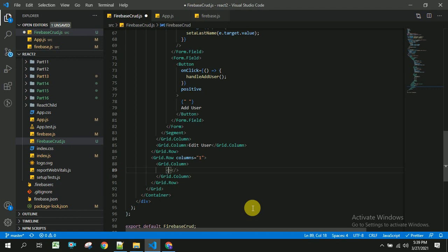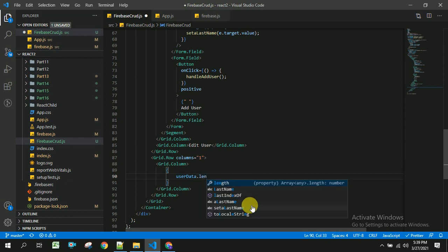or before this, if there is data, I am going to show the data in the form of a table. If there is no data available, then I am going to show there is no data available and please enter some data. For this, I am going to take user data dot length. So I will check this user data dot length. If it is equal to 0, so you can use strict equality as well.